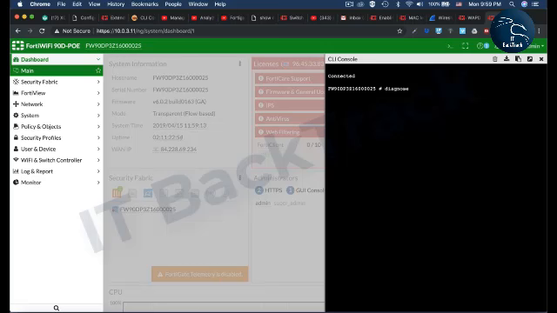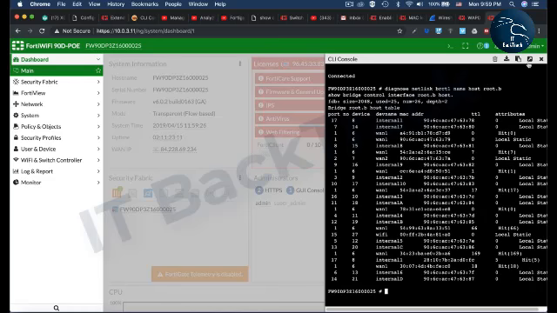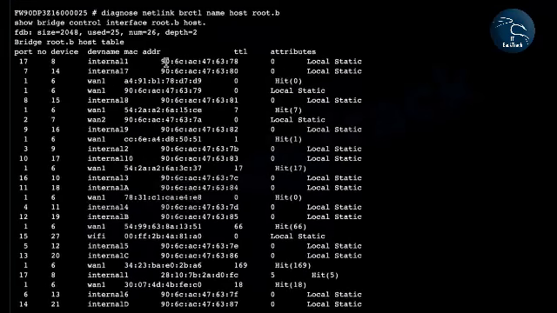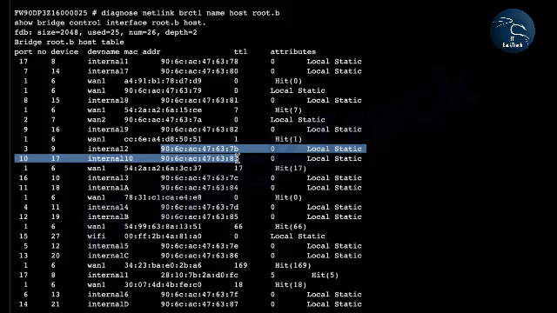Alright, we'll use the diagnose netlink brctl name host root.b command, and that's our MAC table. If you look closely, you will see that most internal ports have the same MAC address. They did not associate with any new MAC addresses. The reason for that is that this device is rather new and I haven't attached any other devices to the internal ports beside